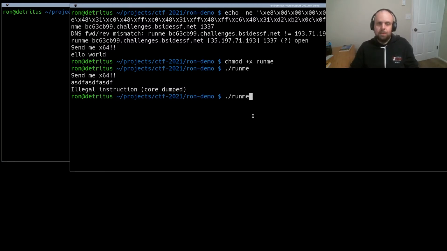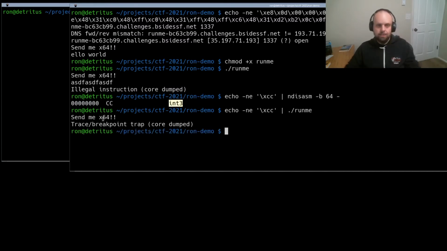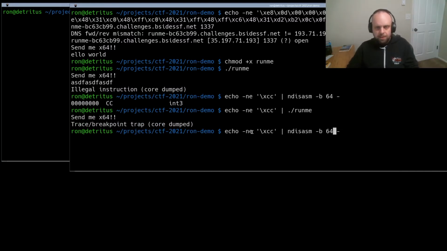What is valid assembly code, however, is a string XCC. If we disassemble XCC, you're going to see it's a 1-byte instruction int3, which is short for debug breakpoint. If we actually run that, we're going to see a debug breakpoint. This is the first thing I always do when running an exploit because I want to make sure it's actually running. If you're also running a debugger at the same time, this will pass control to the debugger and let you see the environment. The other thing I like doing is